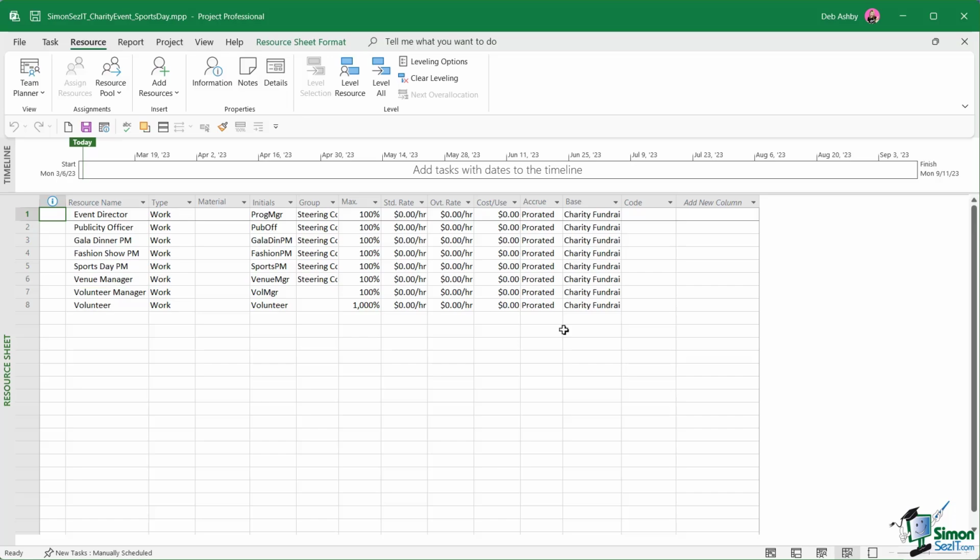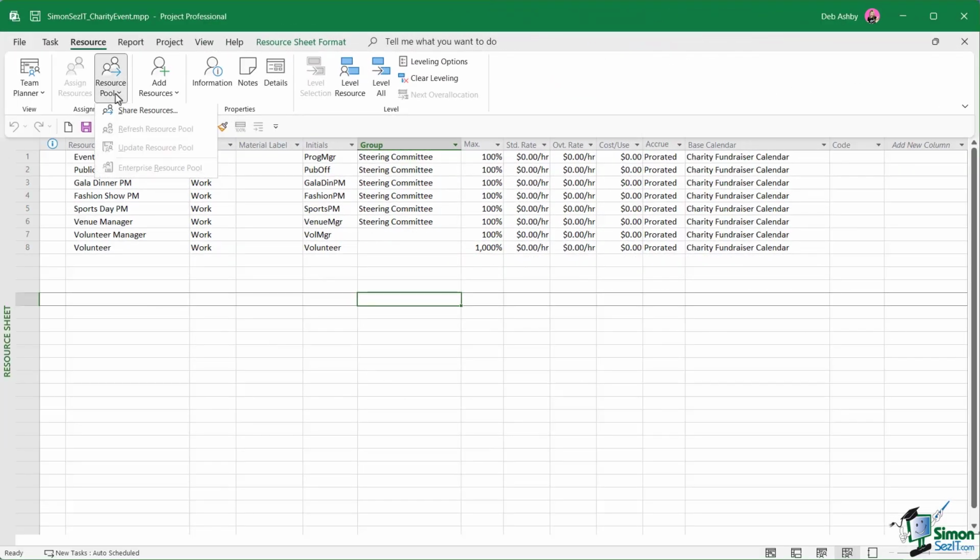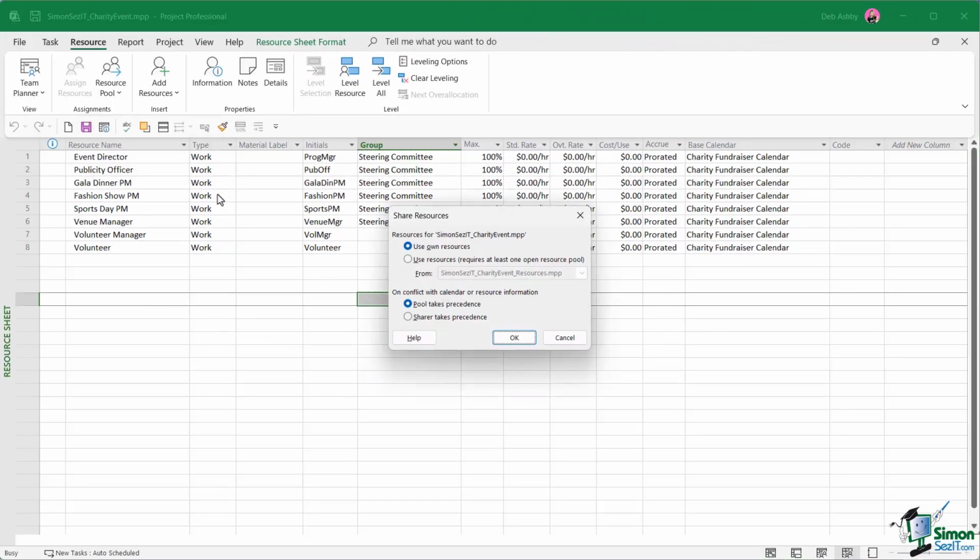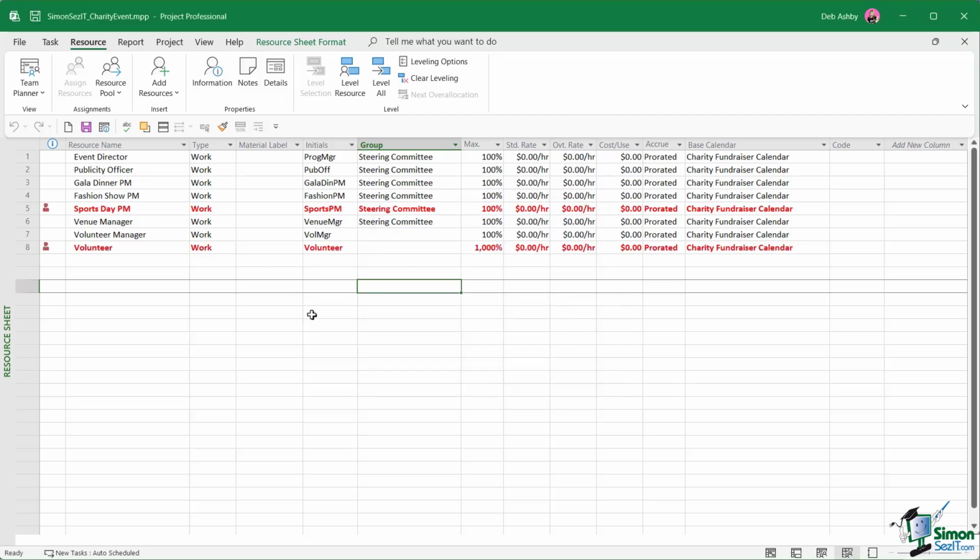So let's open it up. So we're going to do exactly the same thing. We're going to jump up to resource pool, share resources, use resources from the charity event resources file. And once again, the pool takes precedence. Let's click on OK. Now, notice that as soon as I did this, we now have over allocations for the Sports Day PM and the